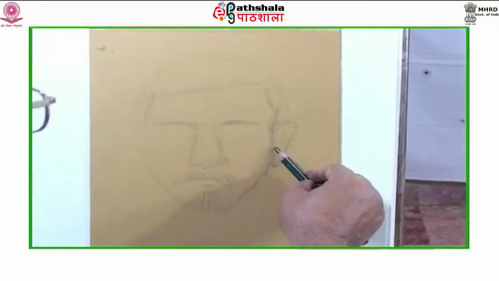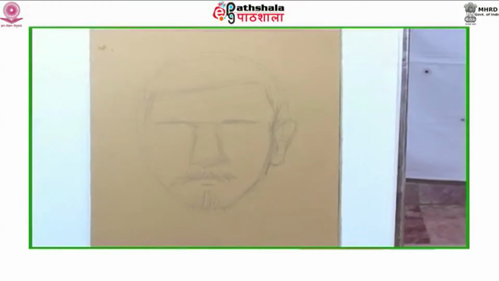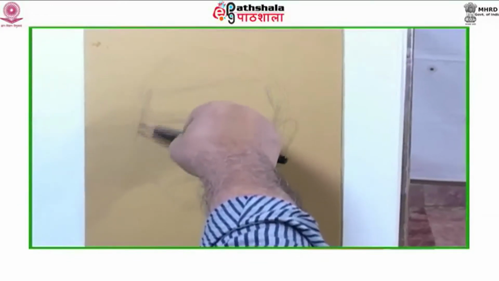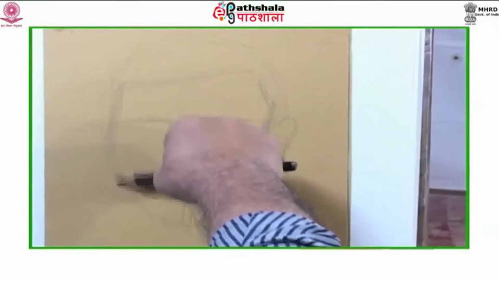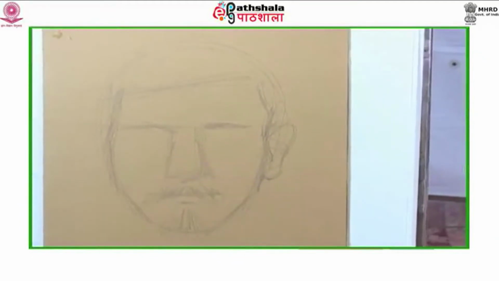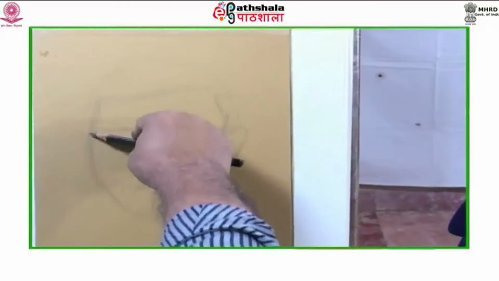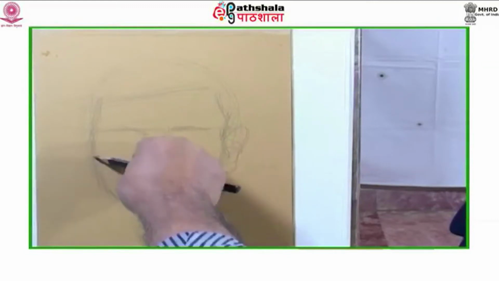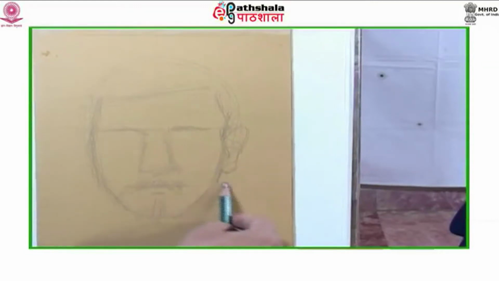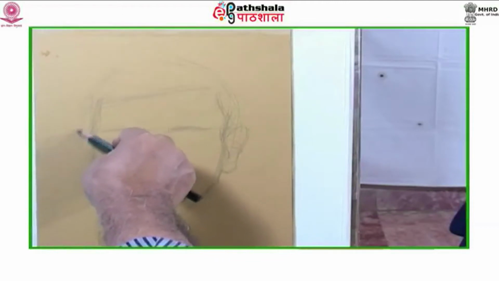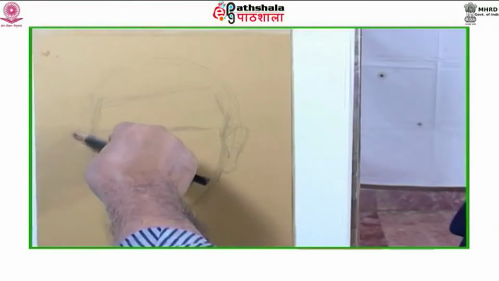Half close your eyes to eliminate the details at this point. To see the basic form of the entire face, head and facial features, you may check the proportions by visually measuring the distance from the lip to ear, tip of the nose to the tip of the chin, and other distances from one point to the other on the model's face. Use a 2B or 4B for your pencil sketch.